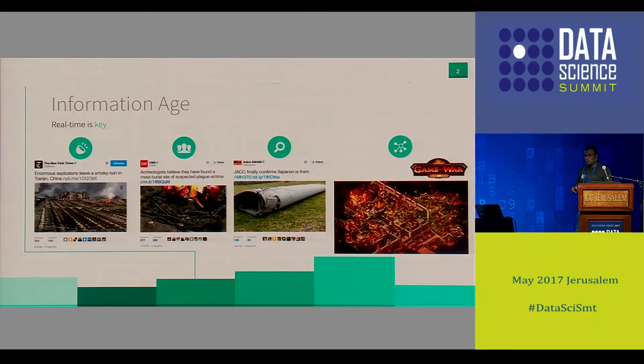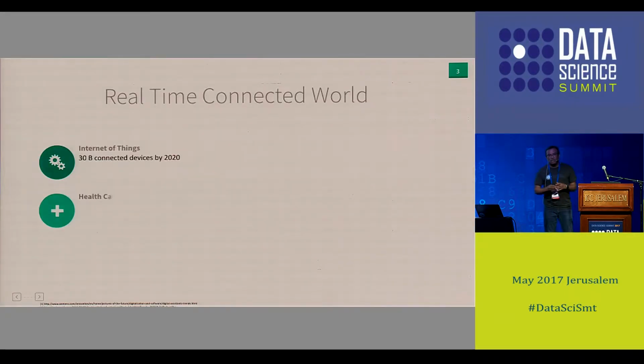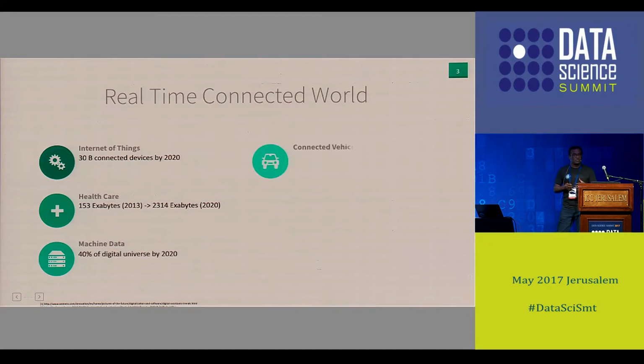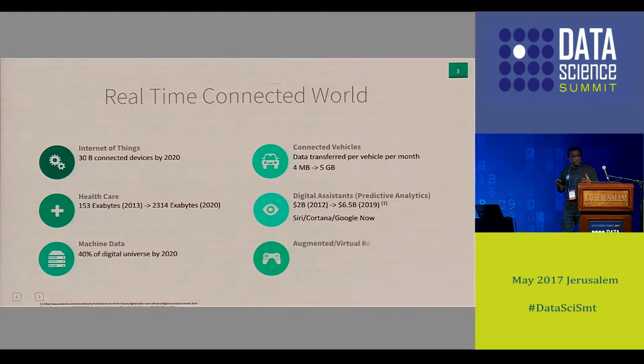In today's information age, a lot of data is coming at you at a high velocity. Some of the data includes the Twitter feed, social media, data from Game of War or other games, and financial trading data. All this various data is coming at you at a high velocity. And as sensors and other things are being installed in the world, we are moving into more of a real-time connected world.